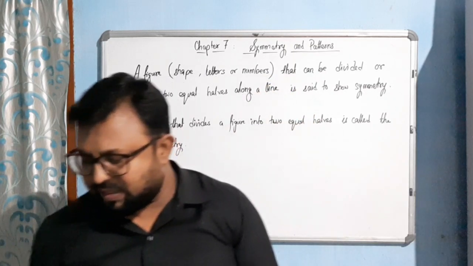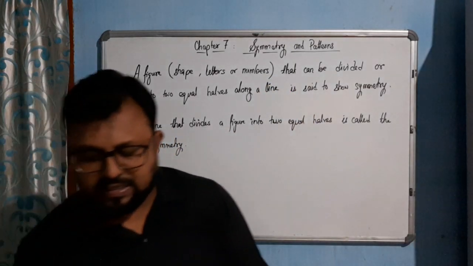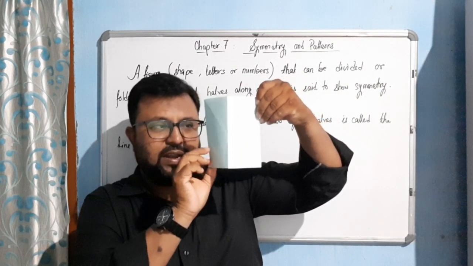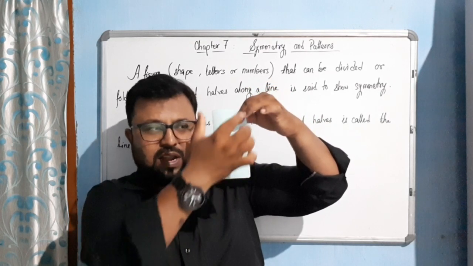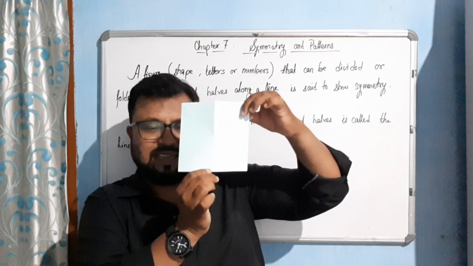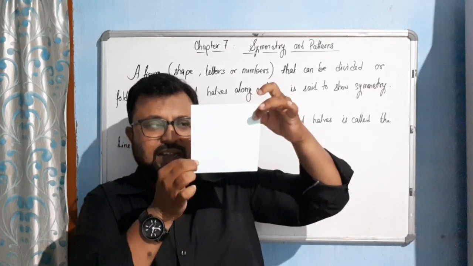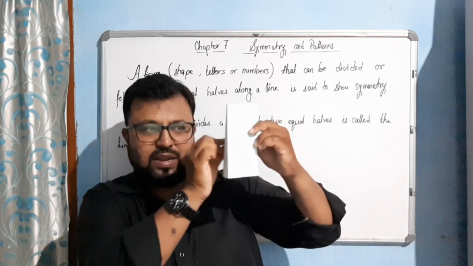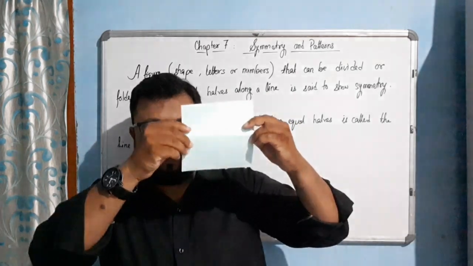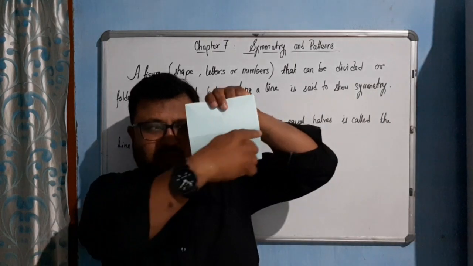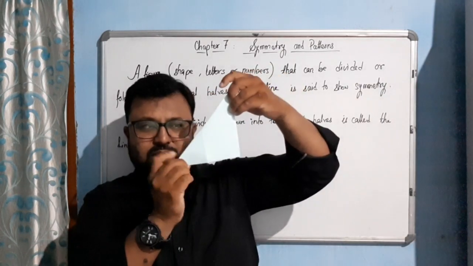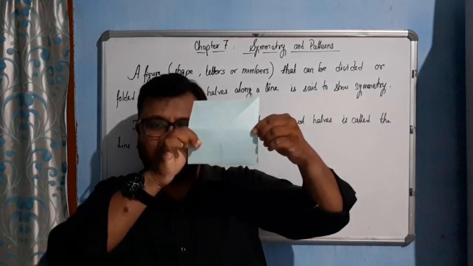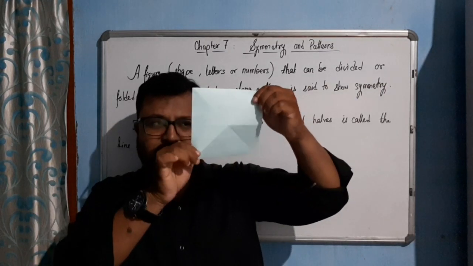Now take another example. This is our square. Now if I fold it like this, one half of the figure is hidden by the second half. So these two halves are identically equal, no? So this is called a symmetrical half. So here we get one line of symmetry. In this way, two lines of symmetry, this one. Three lines of symmetry here also. You can see this triangle covered the upper part of the triangle. This one also, if I fold like this,